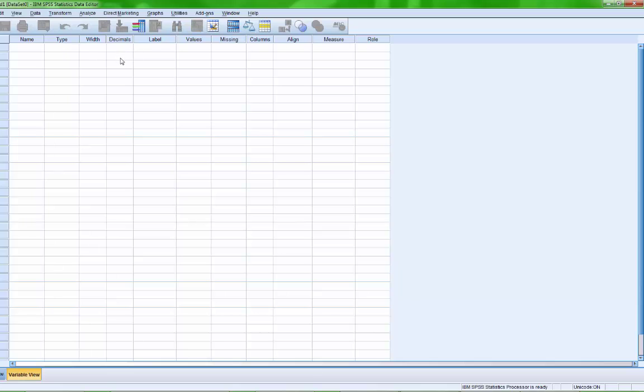Decimals, how many decimal places do you want, a label. Typically the name is going to be a very short version, and the label is a more expanded version of what the variable is assessing. And all this other stuff you would talk about in more advanced classes. So once we have a basic understanding of that information, the next thing is deciding how you want to create your variable. You can go in here and you can start here and type in